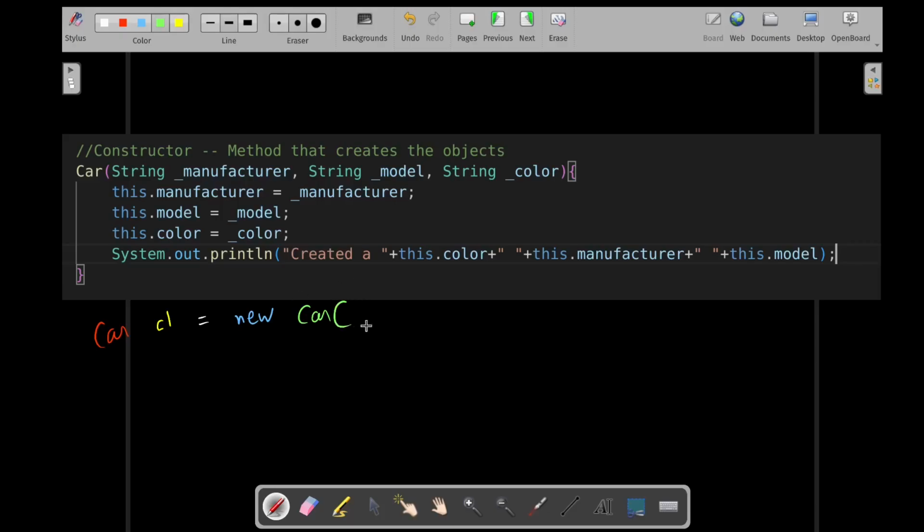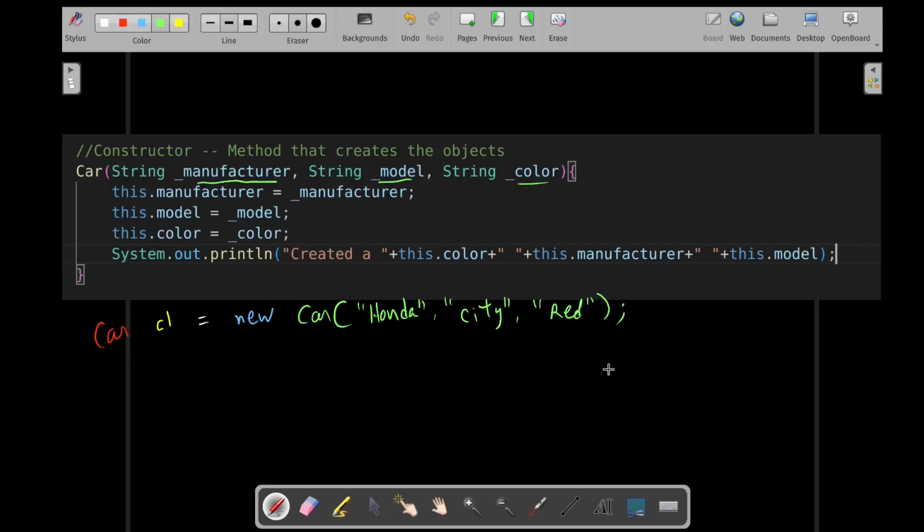So just write this here, and now say, okay, what is this expecting? It is expecting the first thing. What is the first thing? It is expecting a manufacturer. Say I'm saying Honda, comma. What's the next thing it is expecting? It is expecting the model. I will write maybe City, and the next thing it is expecting is color. So just type in maybe red, okay. Although I'm writing with green, lol. Once you're done,